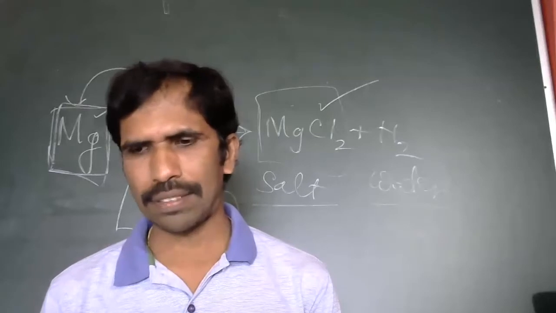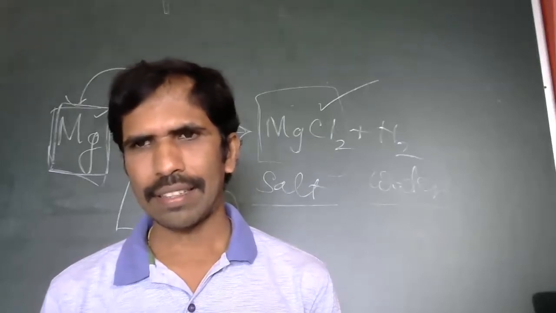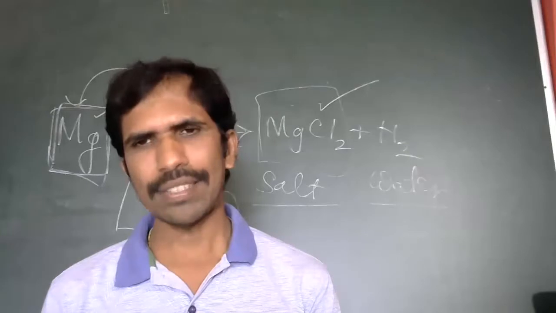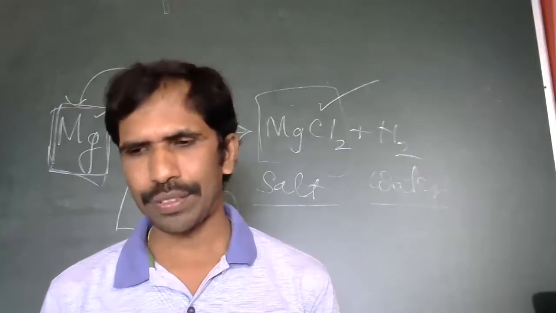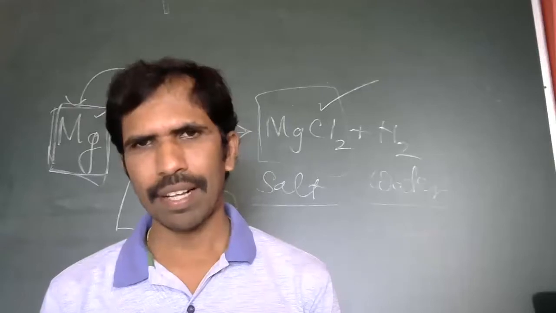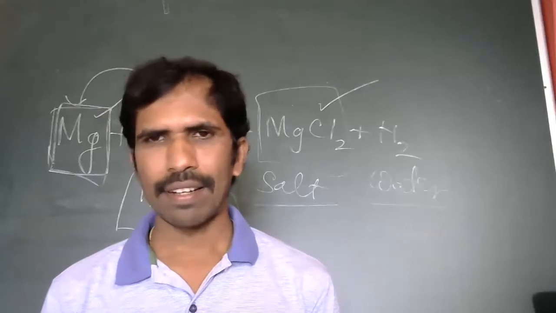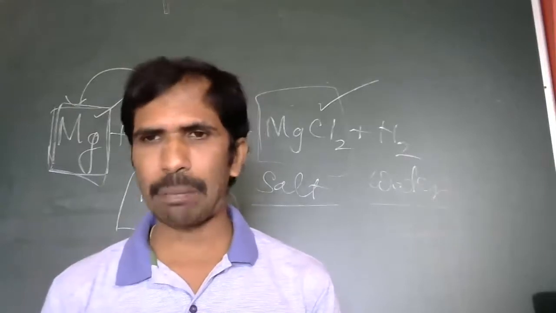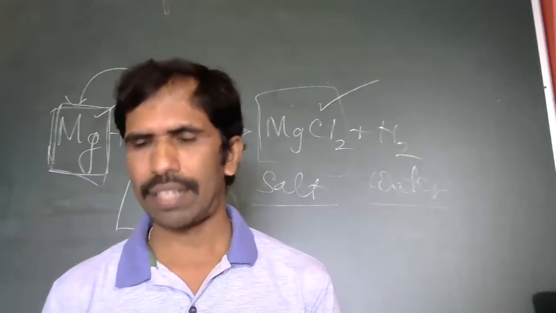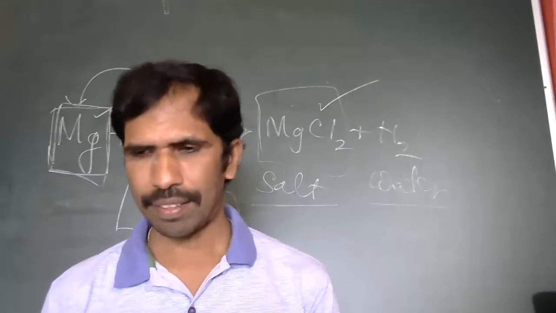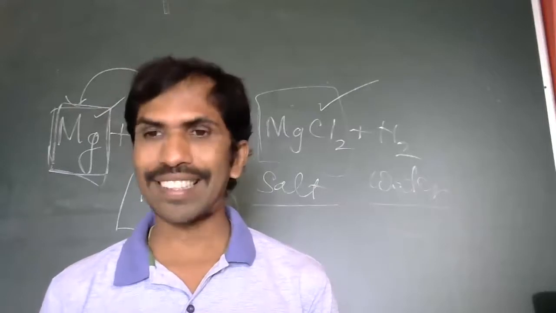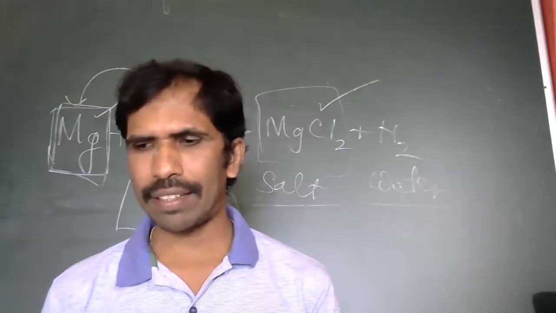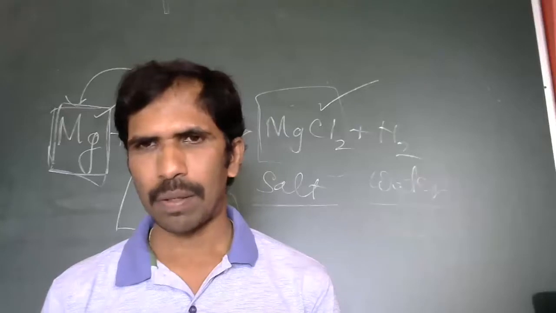During the reaction, what happens? Zn reacts with HCl. Zn will displace hydrogen from HCl, and it forms ZnCl2, and hydrogen gas is liberated. The liberated hydrogen gas is taken out with the help of the delivery tube, which you can see in the picture. From the delivery tube, the gas is made to pass through soap solution. When the gas enters the soap solution, soap bubbles are formed.